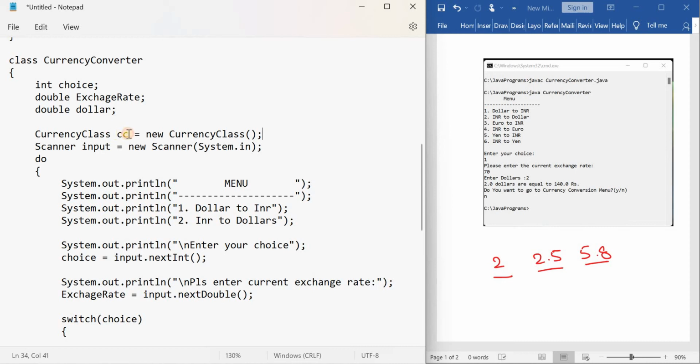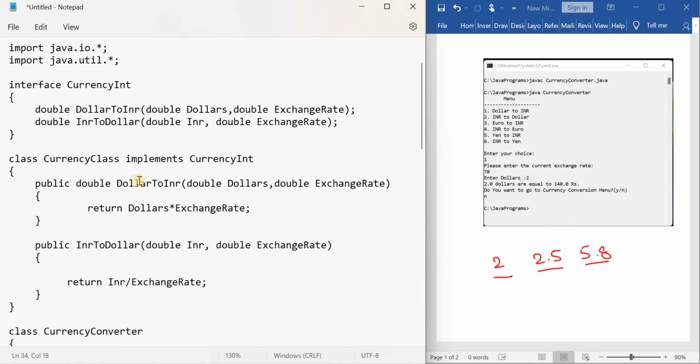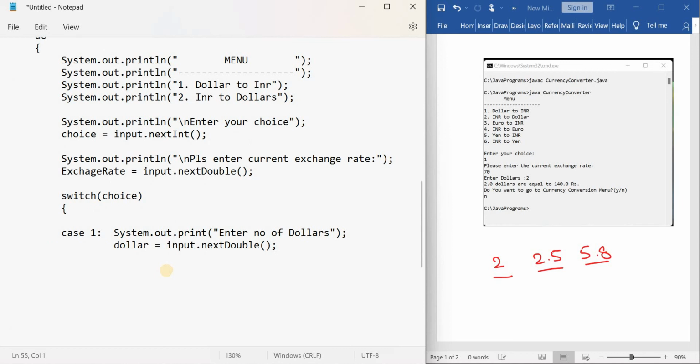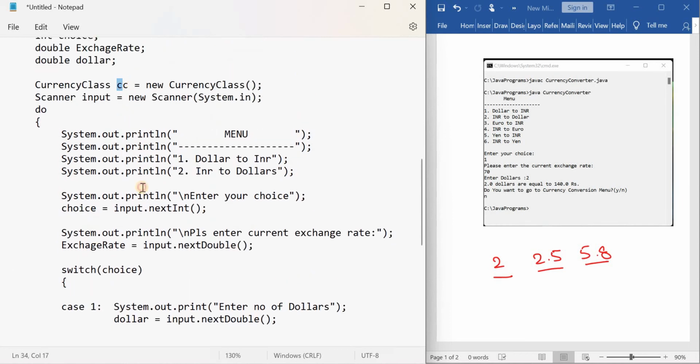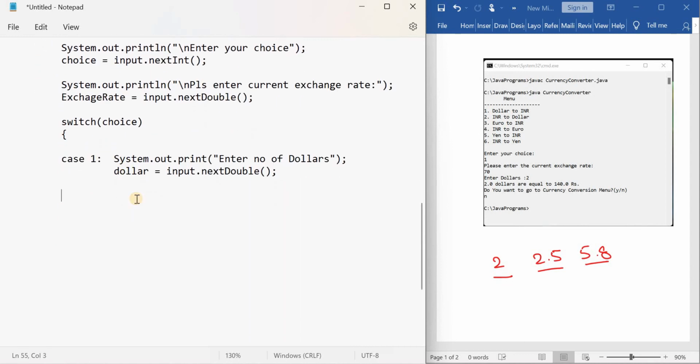Once you create the object, you call this method by using that object. So what is that method? dollarToRupees. So copy that method. So here you call that method. What is the object name? Object name is cc. So cc dot, and the method name is dollarToRupees.